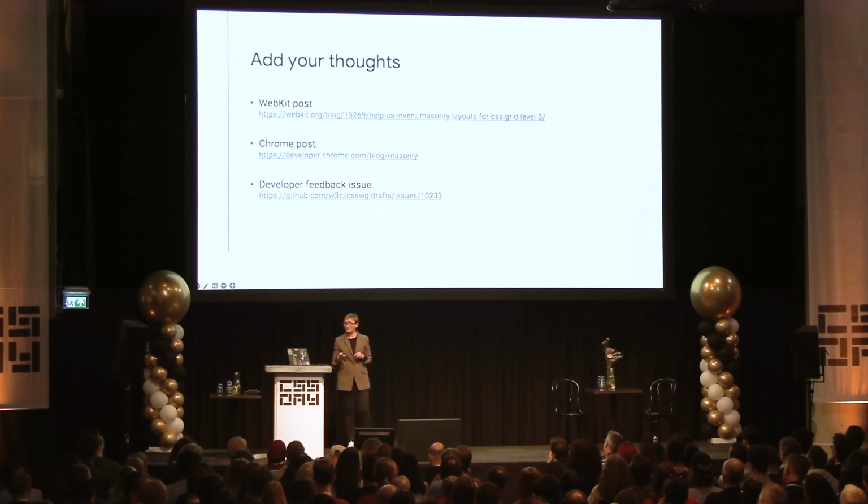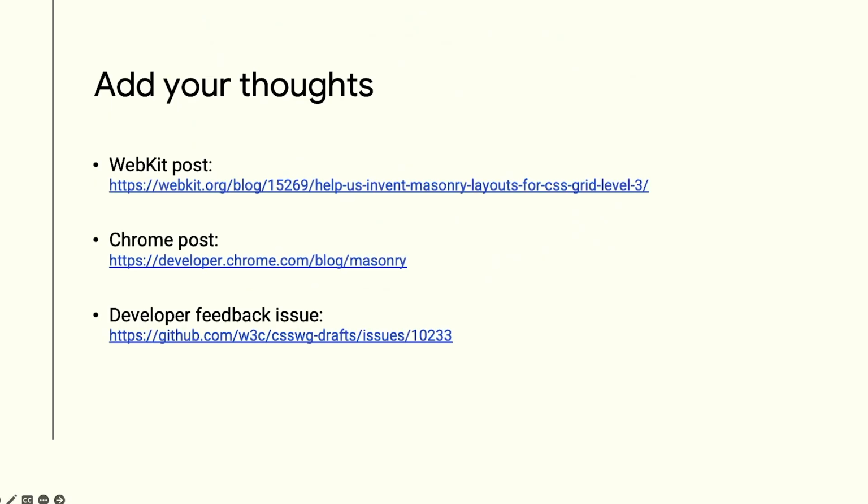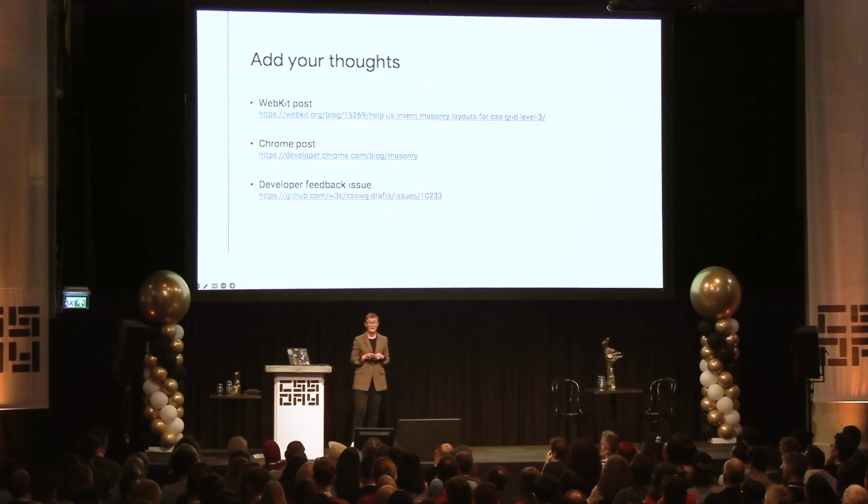So that's a little rundown of what we think. Do read the blog posts. As I say, I'll share these slides later. They've got links to them. And there's loads of issues about masonry, all sorts of different bits of it, which will still be valid, I think, whether we do it as Grid or separate to Grid. There's also a developer feedback issue, which sets out a lot of things, with lots of questions. If you're interested in this, that's a good place to go, and also to add your thoughts. There's also a whole bunch of us from the Chrome team around, and people from Safari, so I'm sure we'd be happy to answer questions and talk about it.